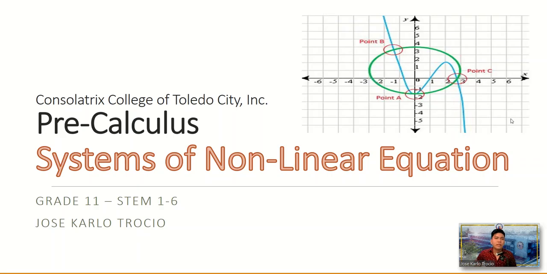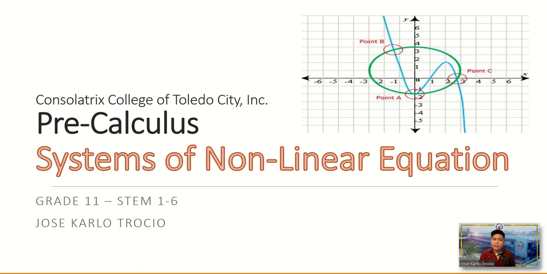In the previous lessons, we already learned about the conic sections and their graphs. This time, we are going to discuss systems of nonlinear equations. From the name itself, nonlinear equations, what comes into your mind? Nonlinear, that means it is not a straight line and can be composed of curved lines such as the conic sections: circle, ellipse, hyperbola, parabola, trigonometric functions, rational functions, and so many more equations which are not a straight line